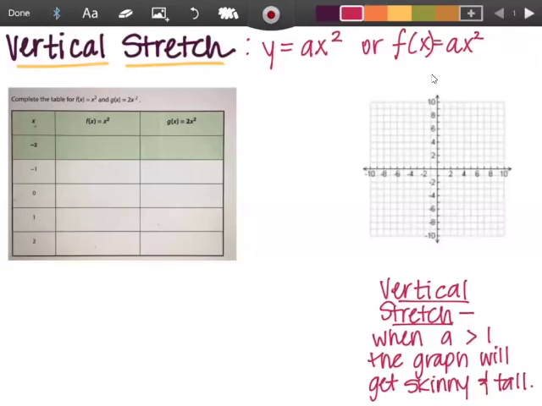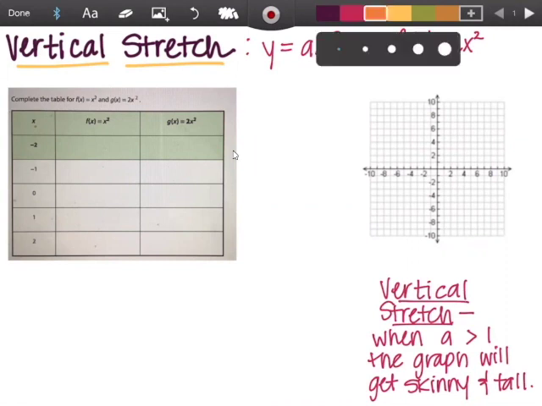All right, so today we are looking at vertical stretches. All right, vertical stretches. And we're going to be looking at vertical stretches for quadratic parent functions. So, if we have y equals ax squared or f of x equals ax squared, all right. Now, remember when we're talking about a quadratic parent function,